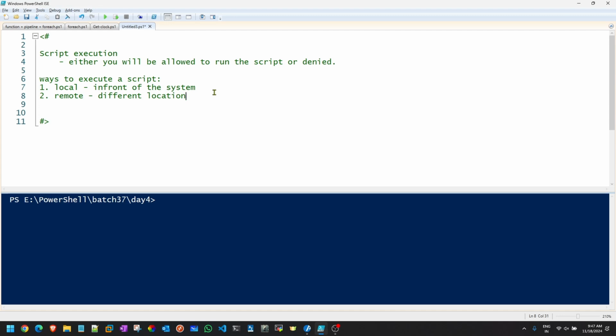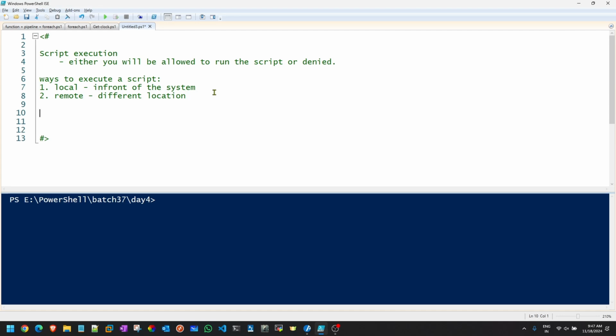Now, when you talk about the execution, everything revolves around these two particular topics only. Either you'll be able to run locally or you'll be able to run remotely. No matter where exactly you are available, ultimately you have to run the script. So these two things will play an important role. Clear?